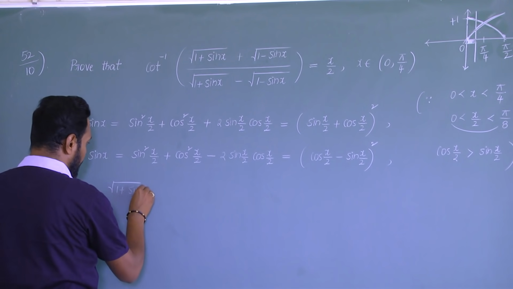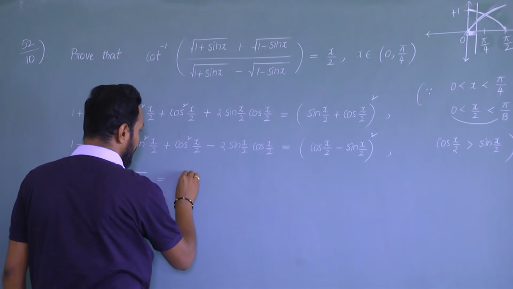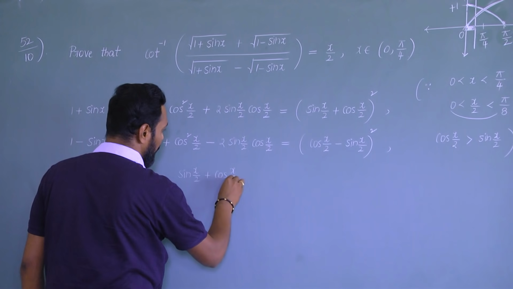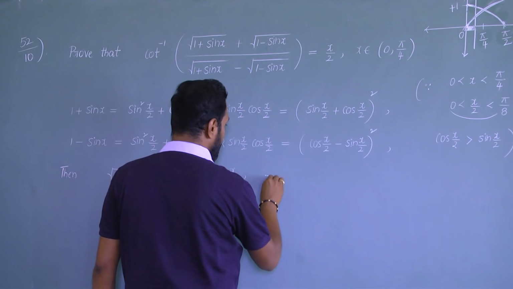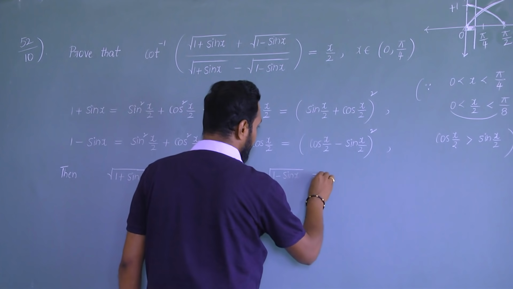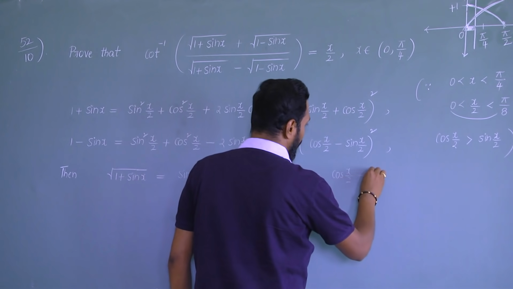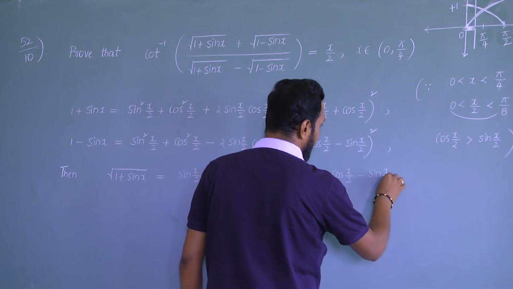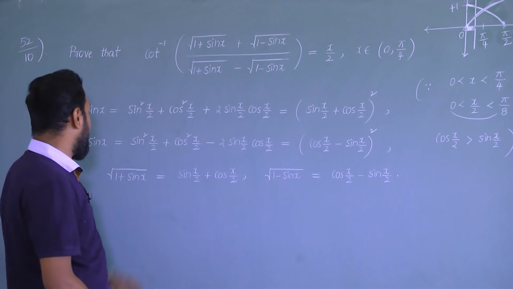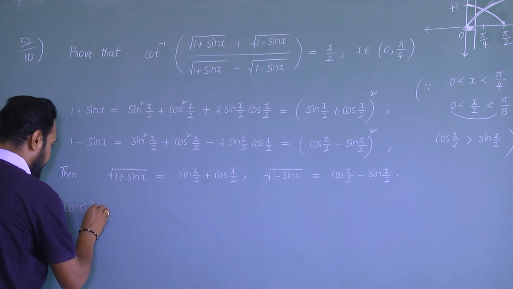Square root of 1 plus sin x becomes, according to this, if you cancel the square root, sin x by 2 plus cos x by 2. Square root of 1 minus sin x, if you take, it is cos x by 2 minus sin x by 2. If you use these values in the given problem, then consider